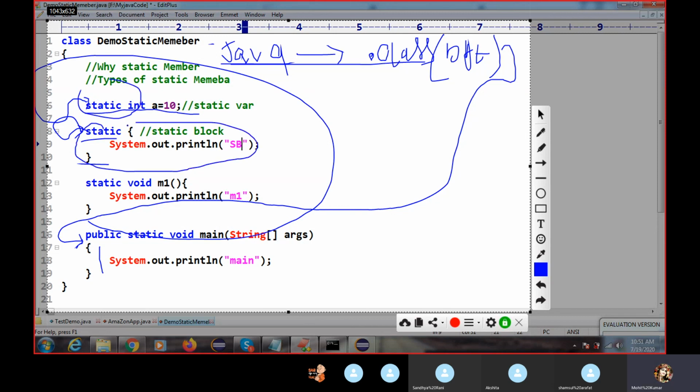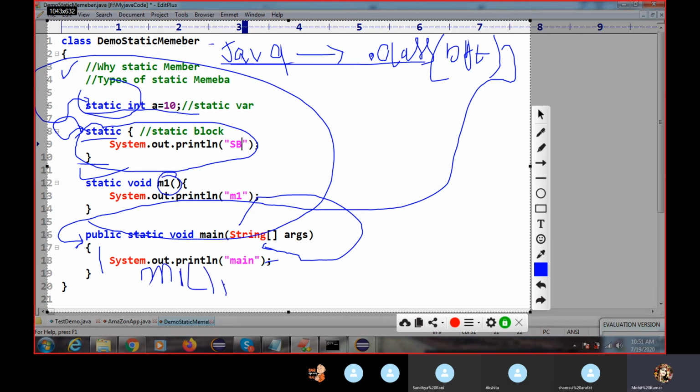But between the static variable and the static block there is some order. If you create a static block here, then the static block will execute first. If you create a static variable after this, then the static variable will execute. Then the control will come here to main and it will execute, and if you call the method m1, then m1 will also execute.